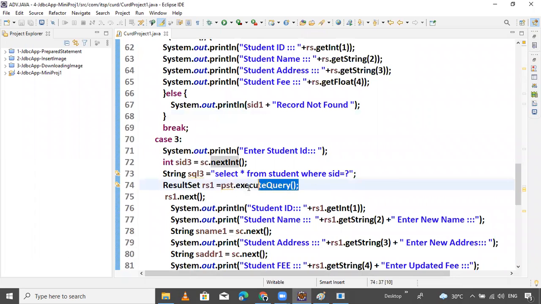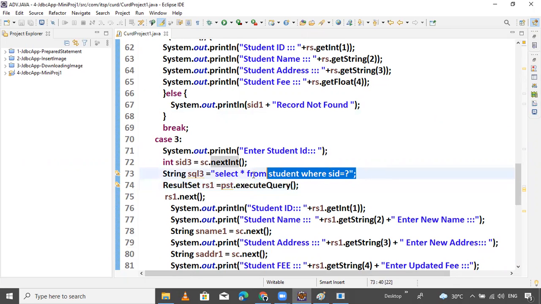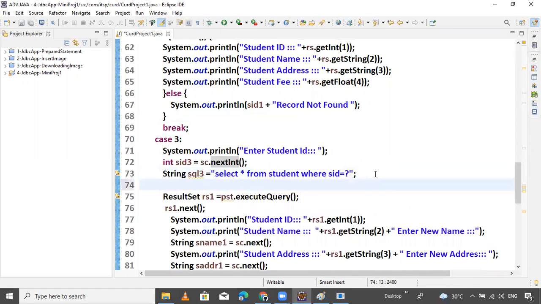It means the execute query method is returning a null value. So that's why it's getting a null pointer exception. Data is not there. Select. Oh, we are not setting the data. One mistake done. What is that? We did not set the data inside this query. What is that query? PST. Okay.